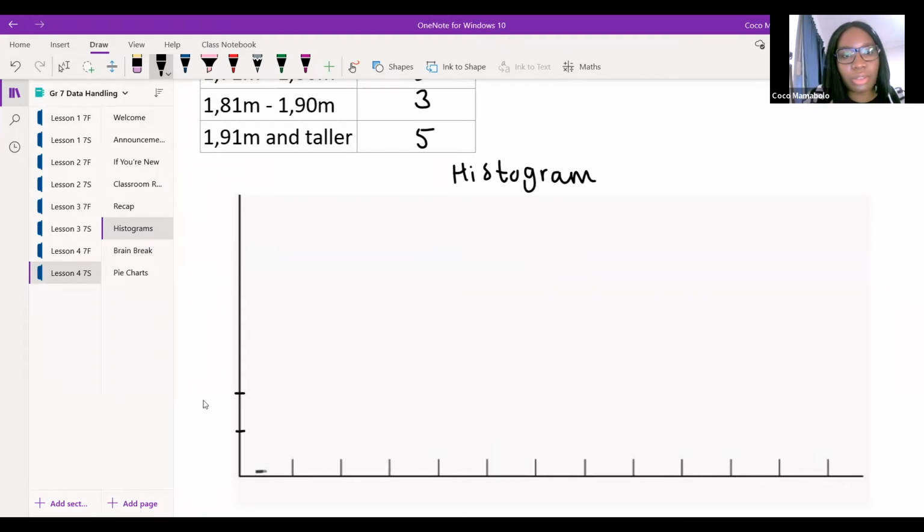Okay, and I'm going to just split this over here. 1, 2, 3, 4, 5, 6, 7, 8. Okay, that is definitely uneven. I'm very sorry. Okay, so on the left hand side over here on my y-axis, which is always this vertical one, I'm going to put my frequency.